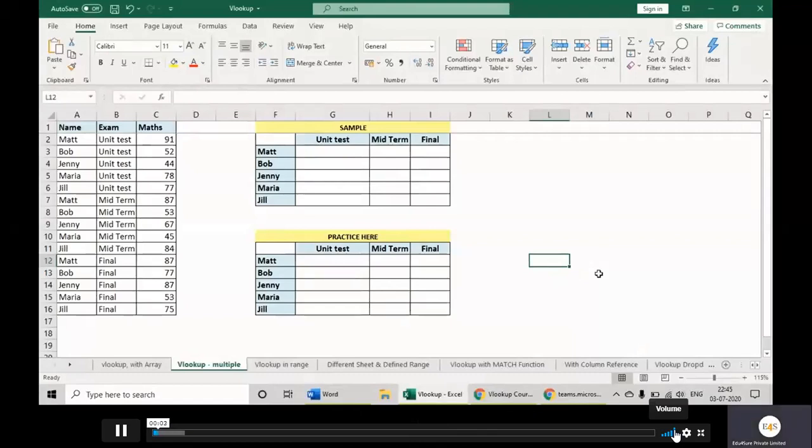Guys, so far we were doing VLOOKUP with single criteria where we had the customer ID, and using that ID we were finding out the rest of the data, customer name and stuff. But in case we have two lookup values, which is called VLOOKUP with multiple criteria, then how to go about it? Like in this example, we have name of the student, exam given by the student, and their score in